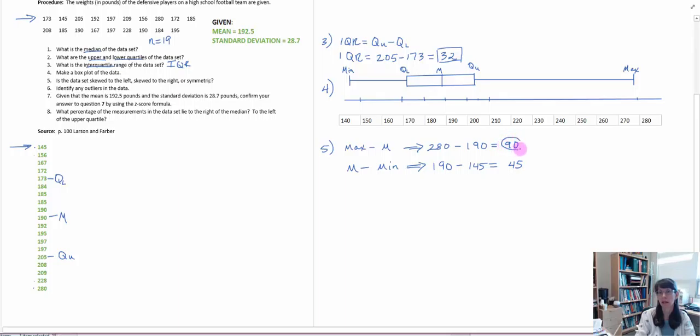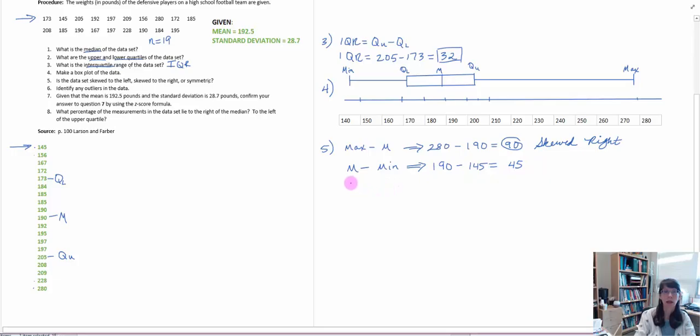So 90 is larger than 45. So we know that from the median to the maximum is the longer distance, and that is to the right. That means we have data skewed to the right. Now there is another way that we could determine which direction our data is skewed, or if it is in